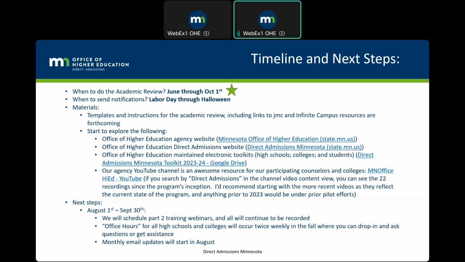Between August and September, just as a reminder, we will have a refresher of this very training broken out by student information system. So please plan on attending that early in the fall for any updates that might have happened or transpired over the summer, of which we do not expect very many. I do have office hours that'll occur twice weekly in the fall. More information about that will be shared in one of the future newsletters. And then those newsletters that I just referenced are usually sent at the outset of every month for the program and have deliverables or expectations for the month to help in guiding your work, as well as resources that inform the work.